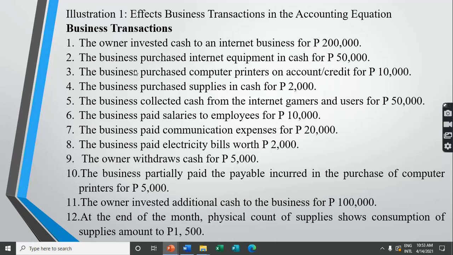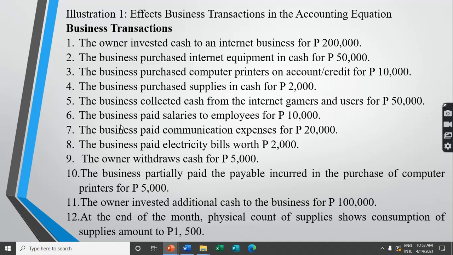The business purchased internet equipment in cash for 50,000. The business purchased computer printers on account or credit for 10,000. The business purchased supplies in cash for 2,000. The business collected cash from the internet gamers and users for